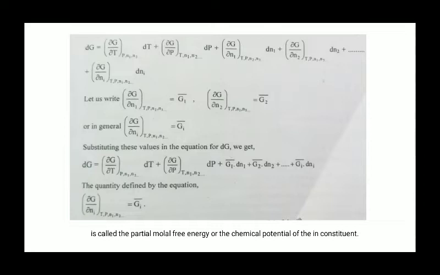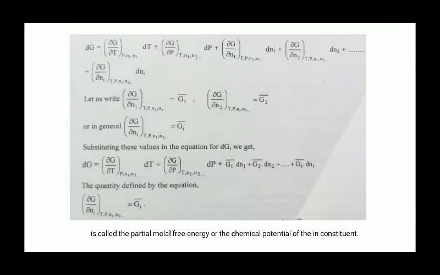Substituting this value in the equation of dG, we get dG is equal to (delta G upon delta T) dT plus (delta G upon delta P) dP plus G1 dash dN1 plus G2 dash dN2 plus Gi dash dNi. The quantity delta G upon delta Ni at constant T, P, N1, N2 is equal to Gi